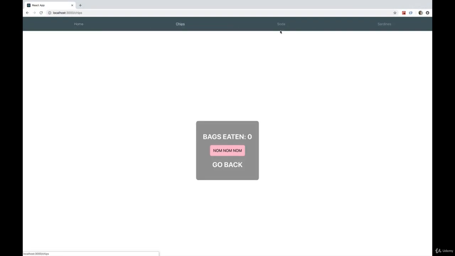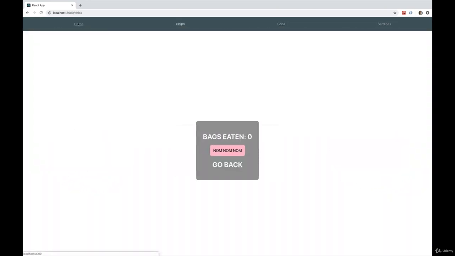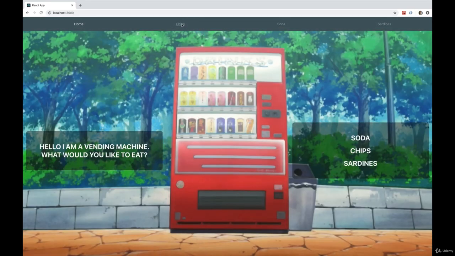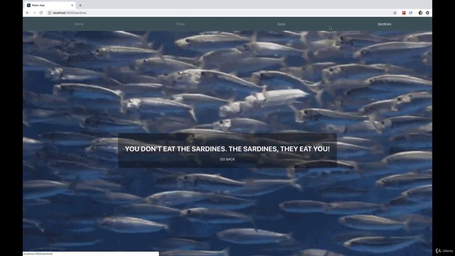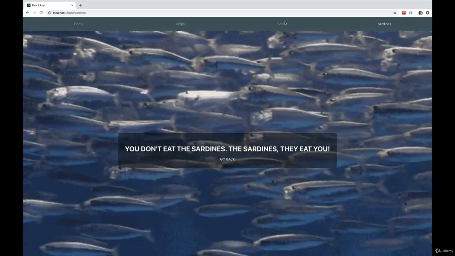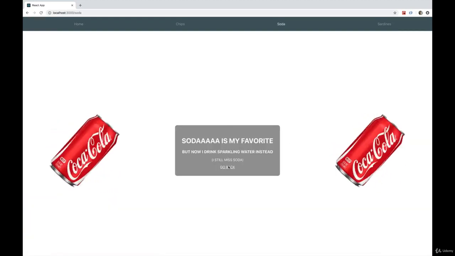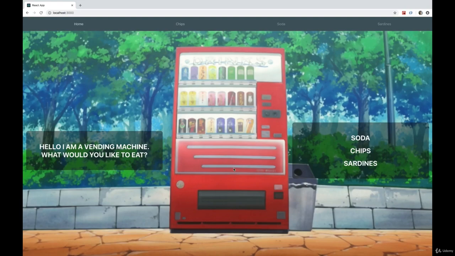And we're now done. It's kind of a silly project, not particularly pretty, but it's really just focused on the basics of the router, working on creating a navbar. You'll do that a lot of the time. Not every site needs a navbar, but it's pretty common that you'll use one. And also adding links in, creating the routes. A lot of this stuff is really standard, and we'll use it in almost all the projects we make from here on out. Okay,